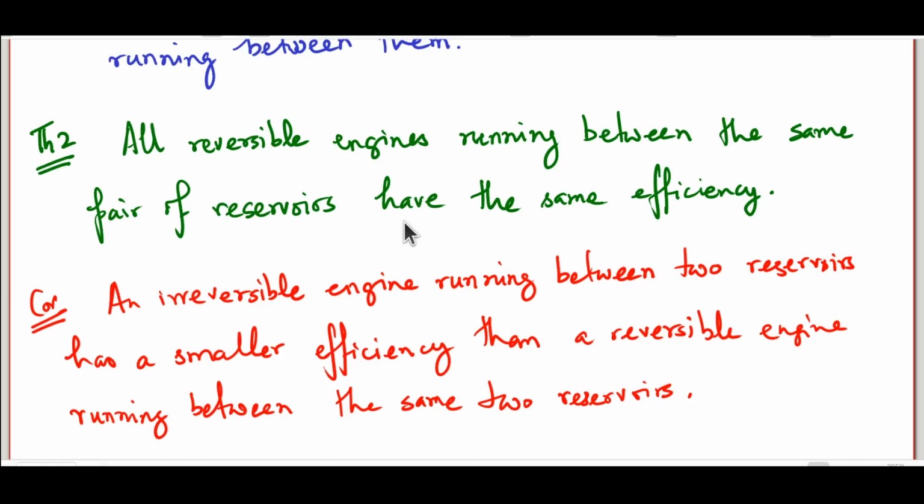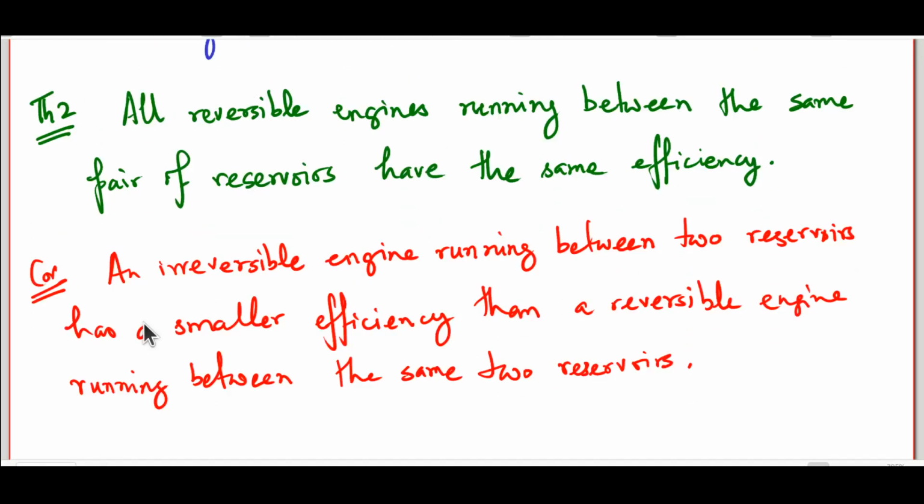The proof of all of these theorems essentially boils down to using the second law. And since the only versions of the second law that we have learned so far are the Kelvin-Planck statement or the Clausius statement, what we have to do is to show that if the theorem statements were wrong, we would be able to build, using things that we have, an anti-Kelvin-Planck engine or an anti-Clausius engine. Let's try to see how that proof would go. Now, the technique that we will use to prove theorem 1 is a very familiar one. It's proof by contradiction or reductio ad absurdum.